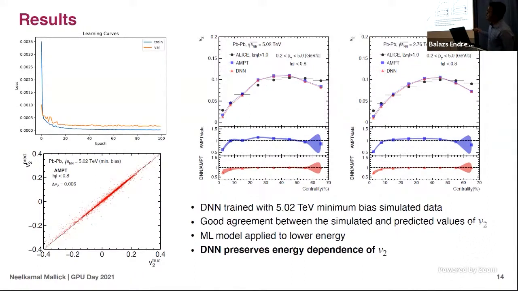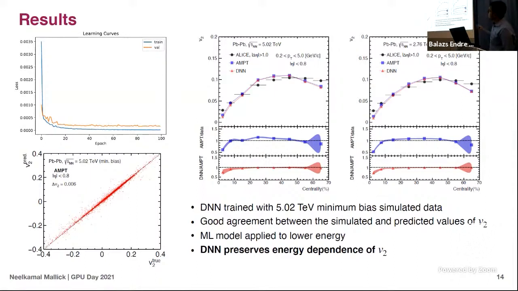These are the results during the training. You can see that the model is not overfitting or underfitting, because there is a minimal difference between the validation set and the training set. Also, if you plot the true against the predicted values, you see that all the points line up nicely along this 45-degree straight line. There are, of course, a few outliers present, and the mean absolute error is 0.006.